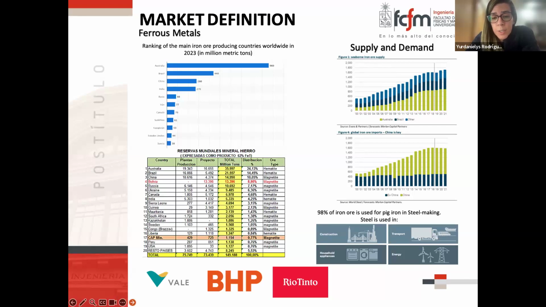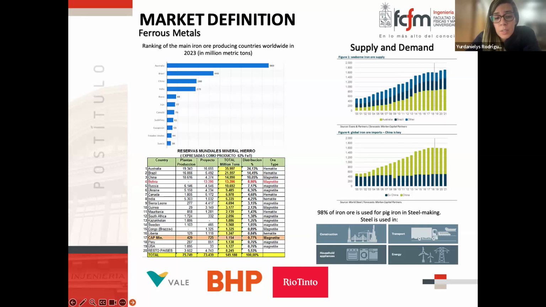China is the largest consumer of iron, followed by other countries with large construction and manufacturing industries. According to this, the main iron production companies in the world are Vale, a Brazilian company,